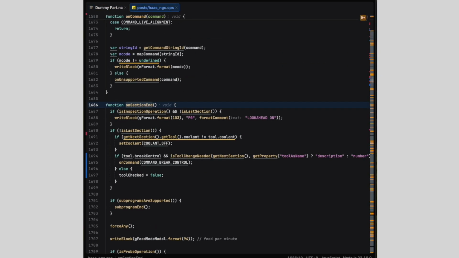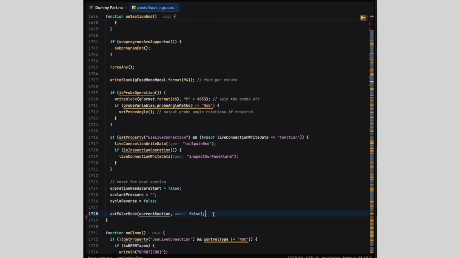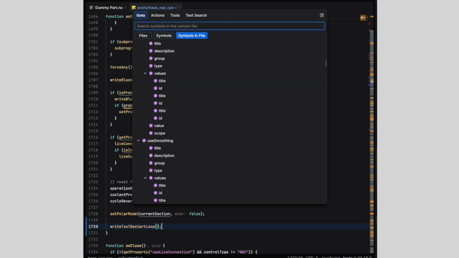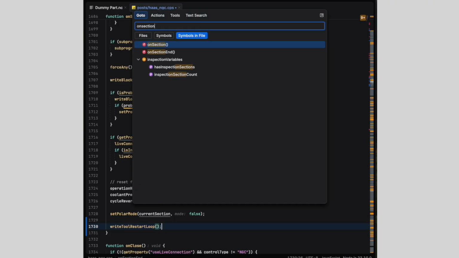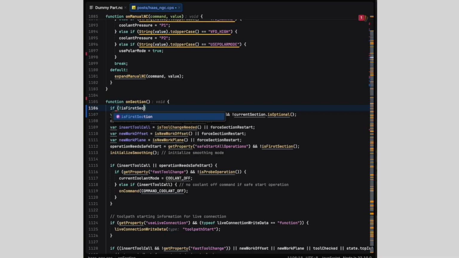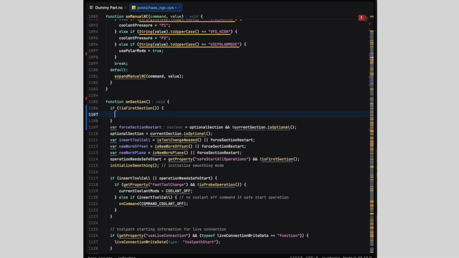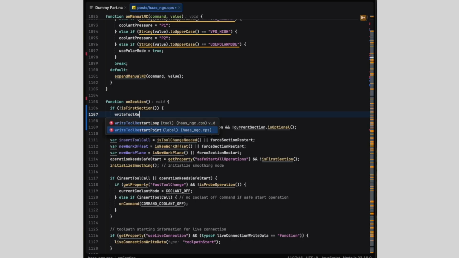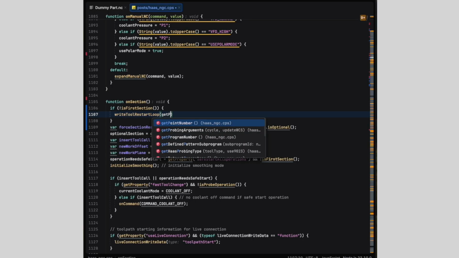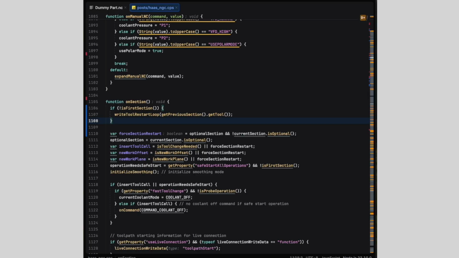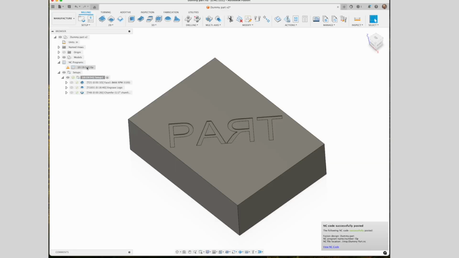We will return to the bottom of the onSectionEnd function to add our new flow control logic. There's another small gotcha here in that a manual NC command isn't a section, so we also need to call write restart loop at the beginning of the second and subsequent sections in case there was a pending tool checked equals true from a preceding manual NC break check. This particular quirk is the reason that the tool needs to be an optional argument to write restart loop. Repost and check.